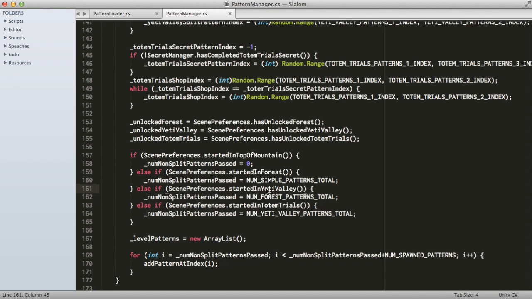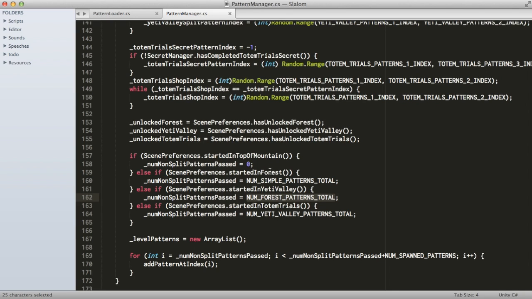And the same thing happens for Yeti Valley. The player has passed all of the patterns within the forest, and so on and so forth. Okay, and then once we have all of this variable set up, the absolute last thing that we're doing is creating the level patterns array, which holds all of the current patterns that exist. And then we're filling that array with the first patterns that the player is going to encounter